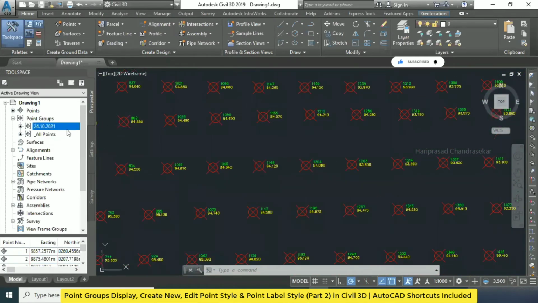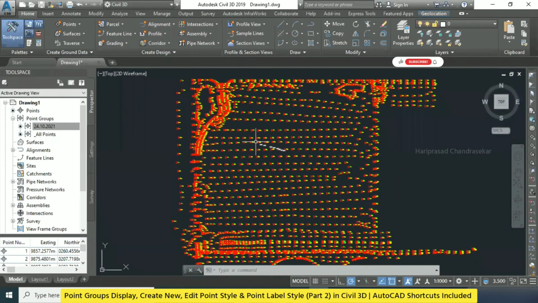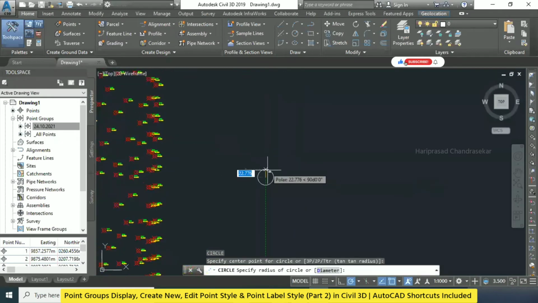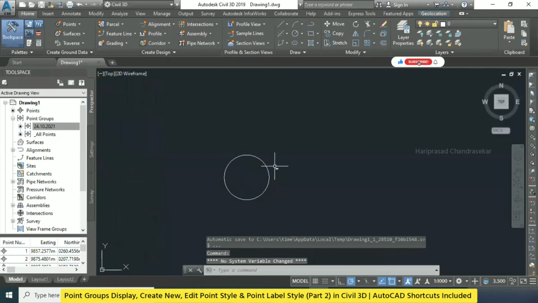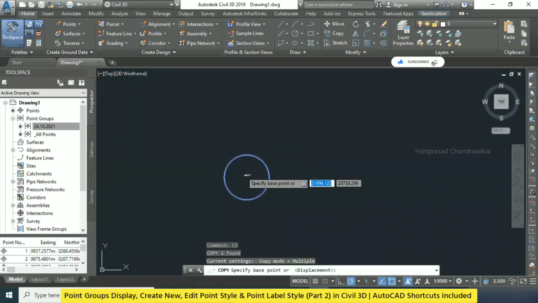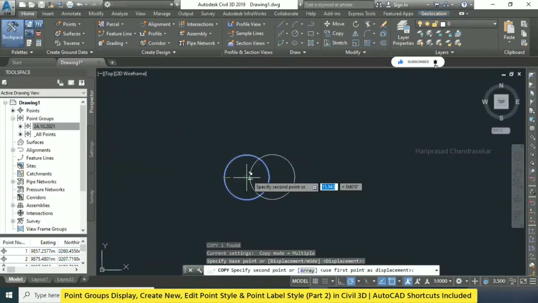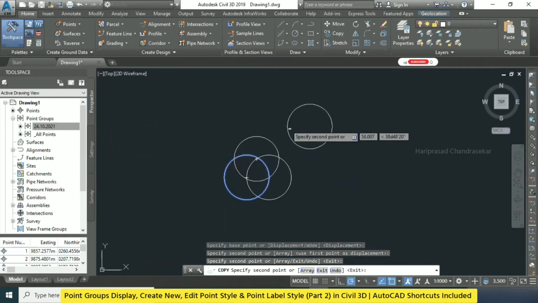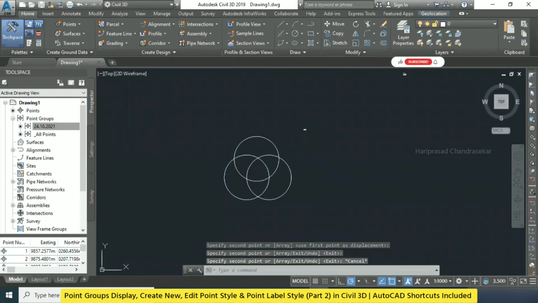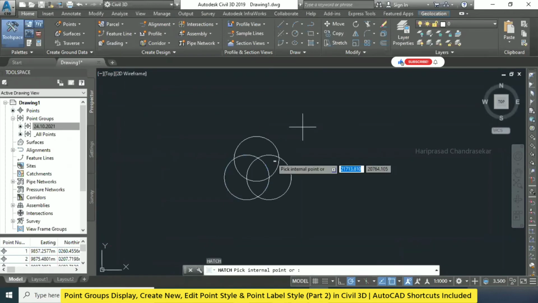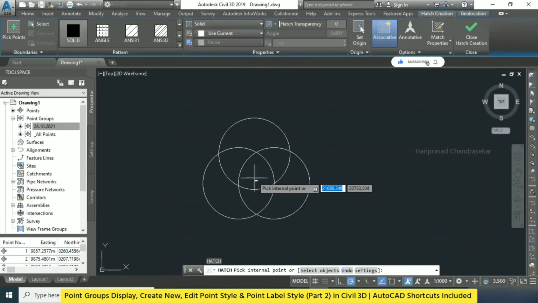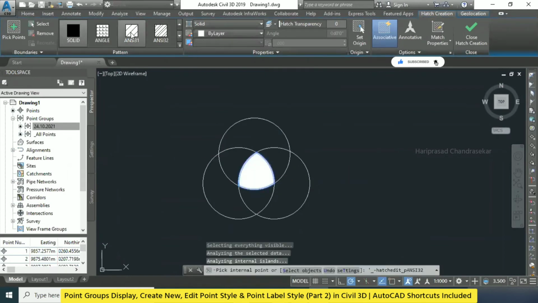Okay. And what else? Another thing, we can have a block now. For example, I will have some block and I will copy. I will hatch something here. You can use the hatch command now. Just going to create some block for that. And we can take this one.